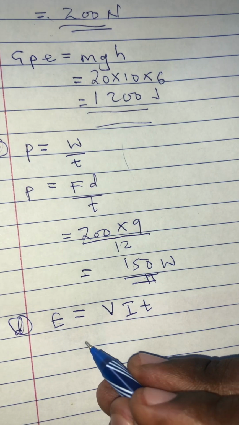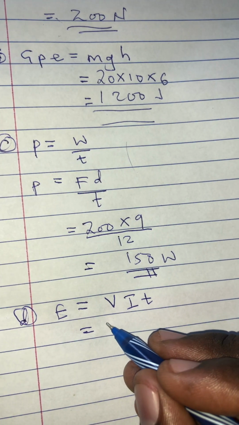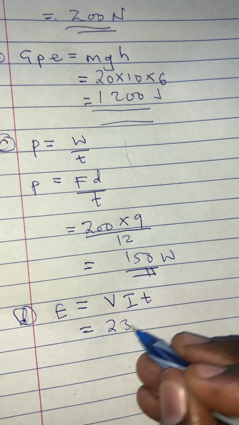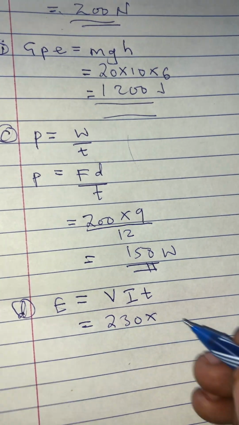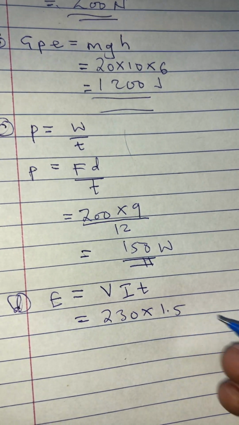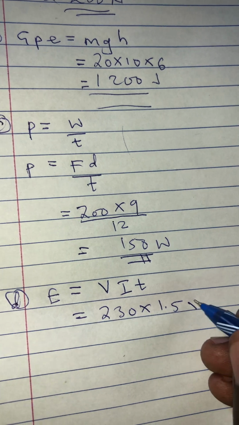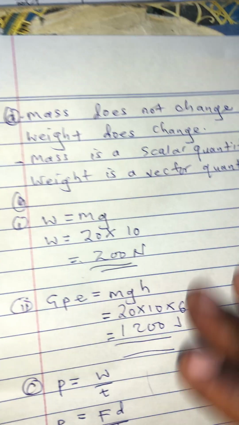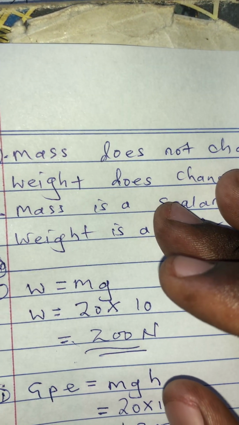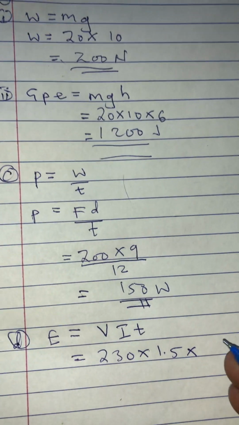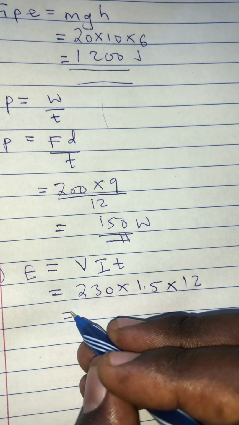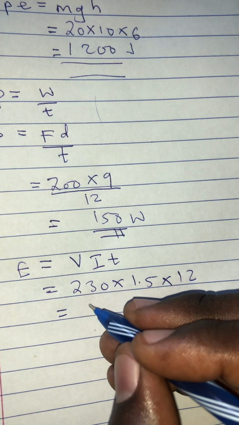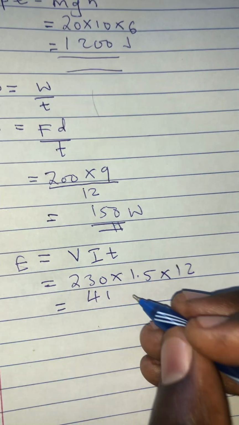Okay, do we have the V? Yes, we're saying this is 230 volts multiplied by 1.5 amps multiplied by how much is the time that we've been given. The time is 12 seconds. Okay, so you're going to include the 12 seconds there, and then after doing the calculations, you're going to have 40